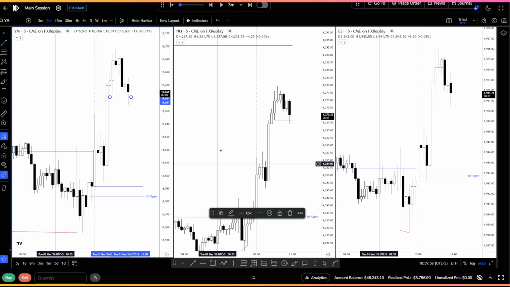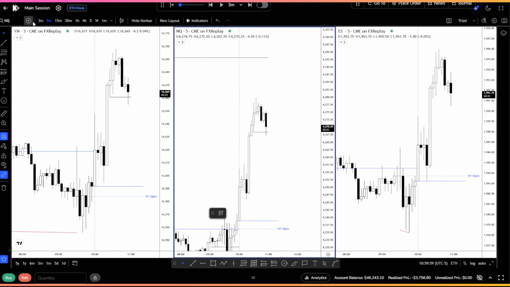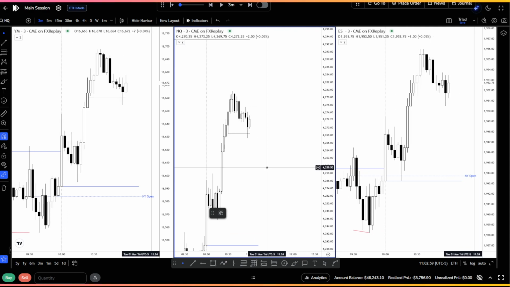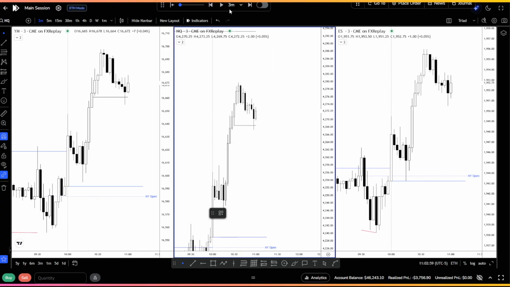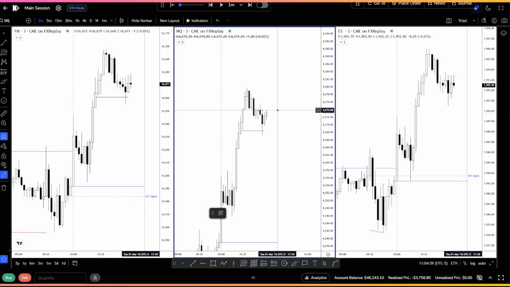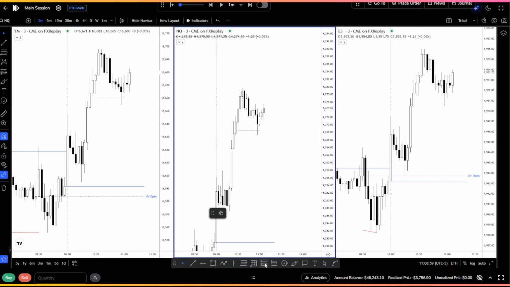So this is a valid swing point for me. Going to 3 minute, I need a close above this candle, and I might take it. I got the close here, so I should take this here